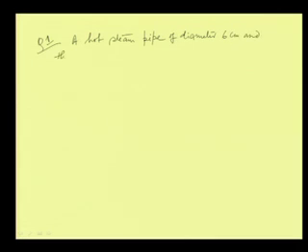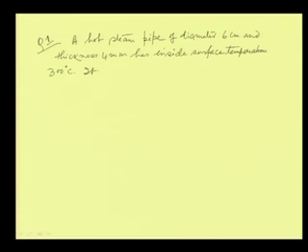So, first problem is, it says a hot steam pipe of diameter 6 centimeter and thickness 4 millimeter has inside surface temperature (300 centigrade). It is covered